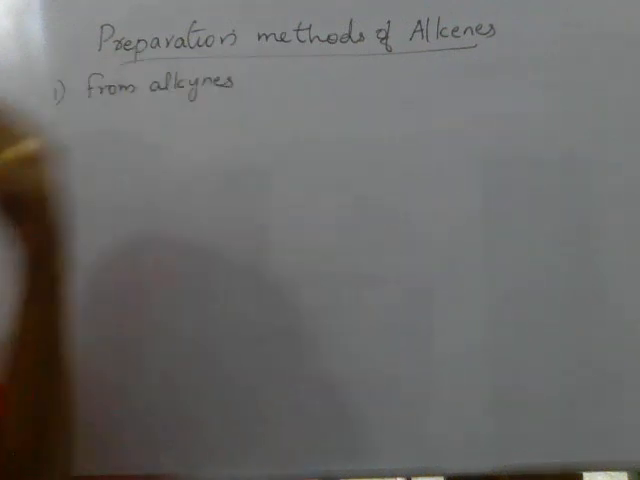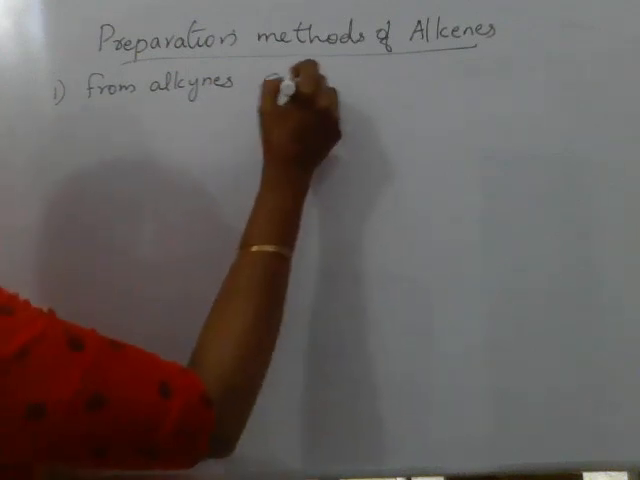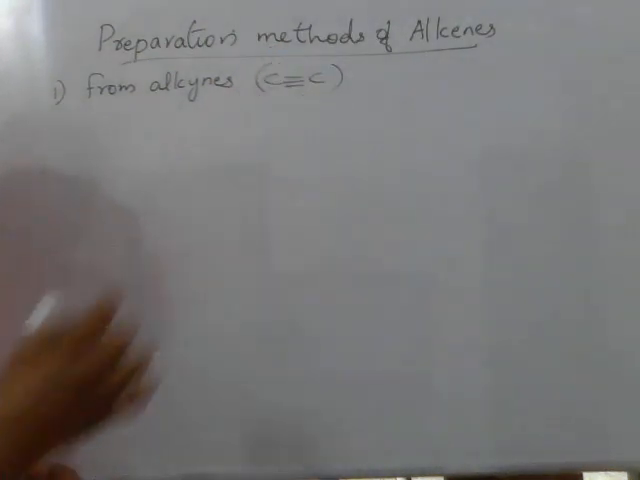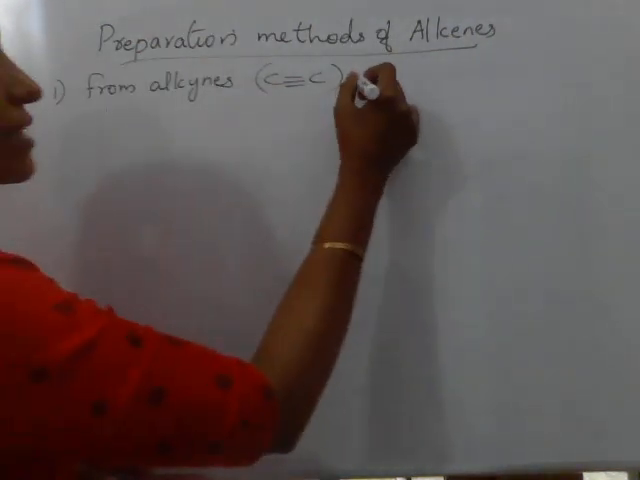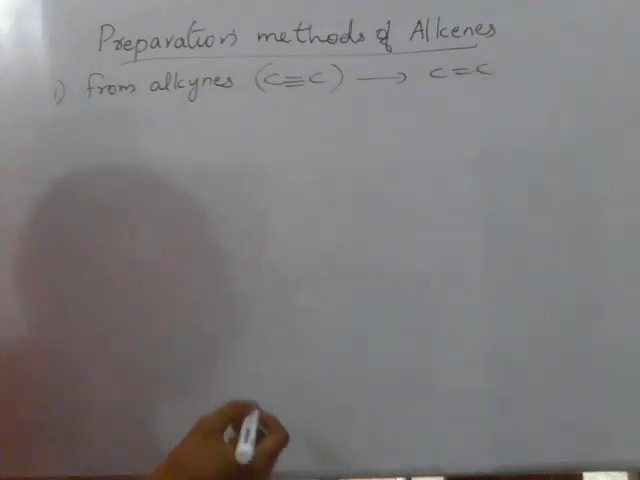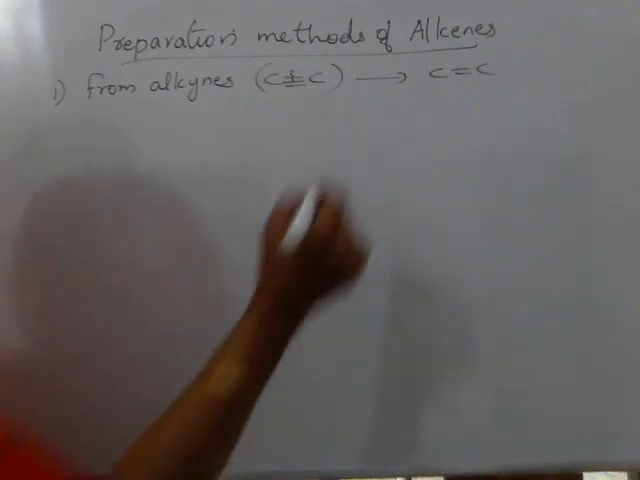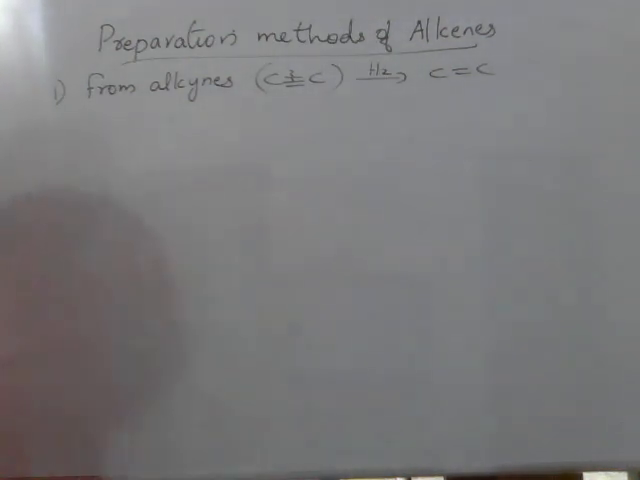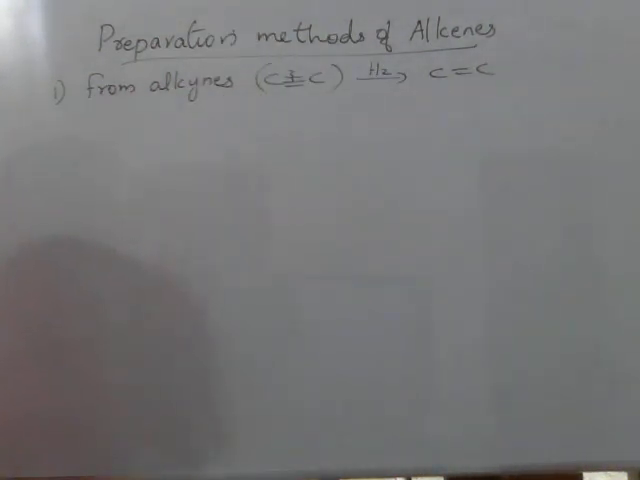Preparation methods of alkenes. First, from alkyne. Alkynes, we know, are triply bonded compounds, carbon-carbon triple bonded compounds. Alkynes can be converted to alkenes, meaning doubly bonded carbon, by breaking one of the pi bonds by adding hydrogen. This reaction is called hydrogenation reaction because it involves addition of hydrogen into one pi bond